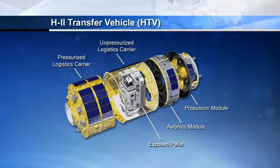The Japanese cargo ship, the H-II Transfer Vehicle, or HTV-4, continues to fly smoothly toward the International Space Station, having conducted a series of rendezvous maneuvers throughout the past 24 hours. As of a few minutes ago, the HTV was traveling just under 5,000 statute miles behind the International Space Station, some 70 statute miles below the complex, phasing back toward the station at a rate of about 770